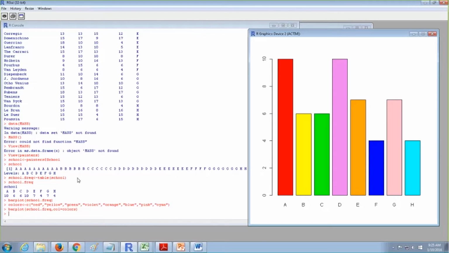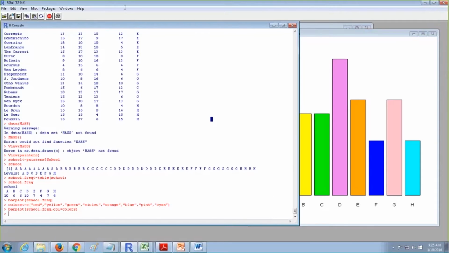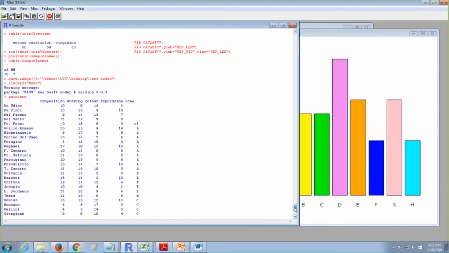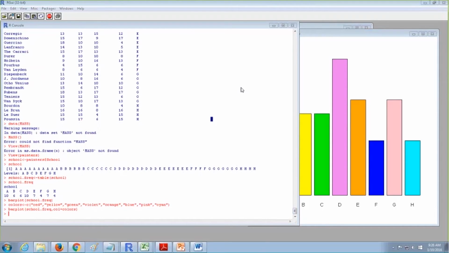And if you have any other variable to be represented, just create a table with whatever values with the frequency count. Then you can do this process. And as a task, what I could suggest is, when you get time, just try to do for school A, what is the sum of expression, and what is this for B, what is the sum of expression. So I don't want this frequency count, I want it based on this expression, and try to create a bar plot. Okay, that would be your assignment.